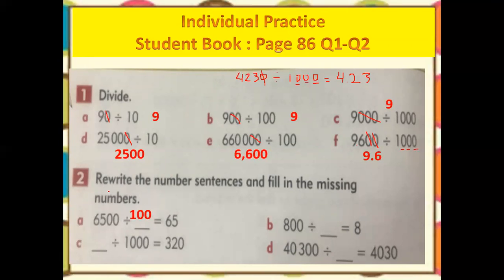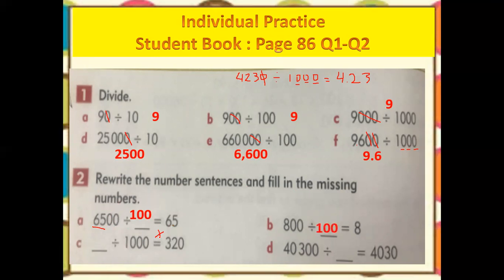Okay? Now let's go in here. There are missing numbers. Are your answers correct? Okay, rewrite the number sentences and fill in the missing numbers. So 6,500 divided by a number equals 65. So it is 100 because it's 65 now. That's 65. How many zeros there? 2, correct. So the first number is missing. Therefore, we are going to multiply. So the answer is